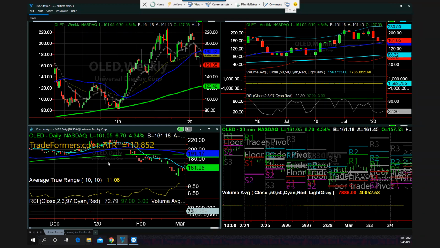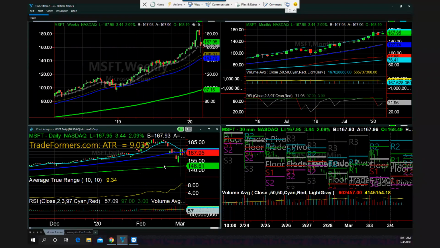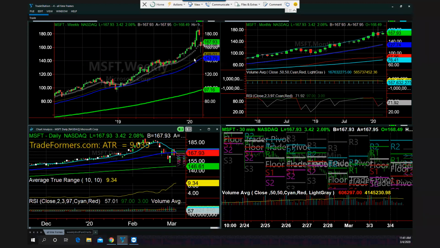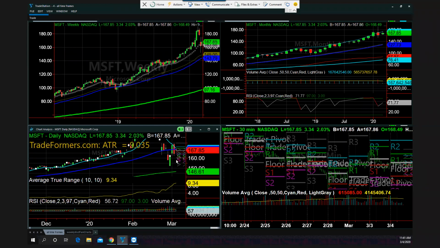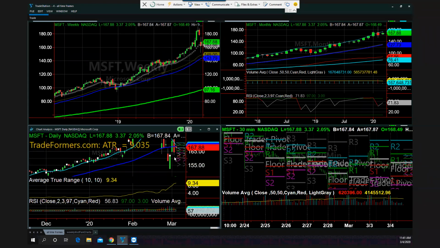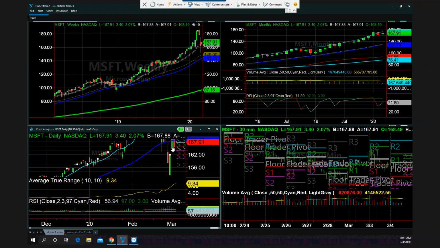Probably not as strong as the DDD trade, but then also let's look at Microsoft. So let's look at something that's in NASDAQ. We already looked at eBay, which by the way looks a lot better than this. But this would be another one, holding up on the weekly, strong on the monthly. Even though we're underneath the 50-day moving average and having an inside day, that would be something that you might want to look at too, is if we can get 2 closes above that 50-day moving average, which is right now over 169.